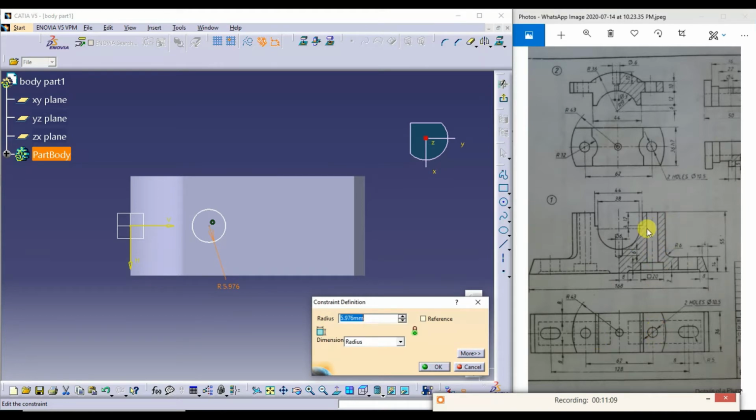This is the diameter of this hole is 10.5.